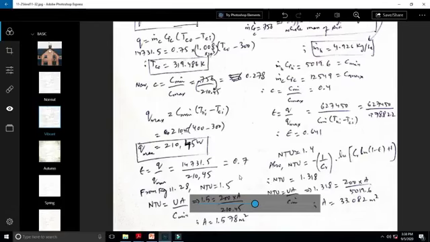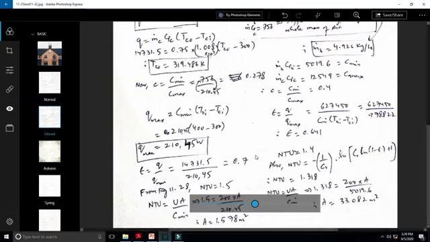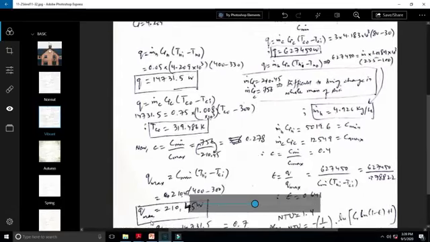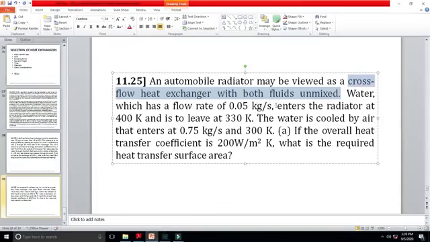However, if you go with the LMTD method, then you would require U times A times LMTD and correction factor. So after finding out the LMTD, you need to calculate the correction factor as well, and then you need to calculate U as well. And calculation of U would be 1 over Hi plus 1 over Ho. And in this particular problem, we are not given any of the values of the convection coefficients. So the convection coefficient calculation